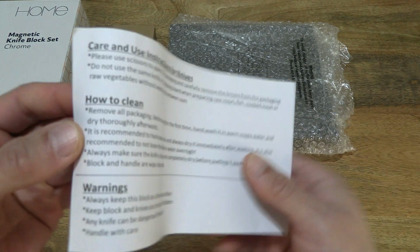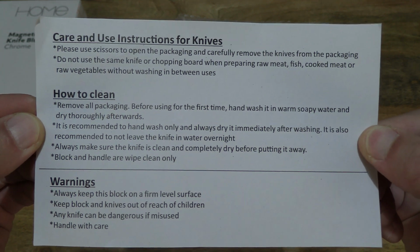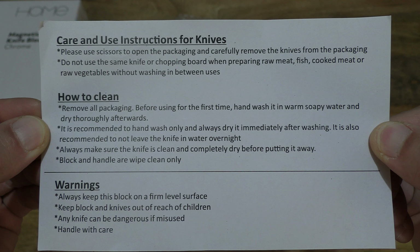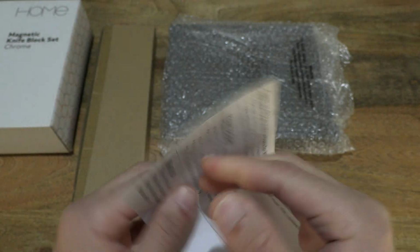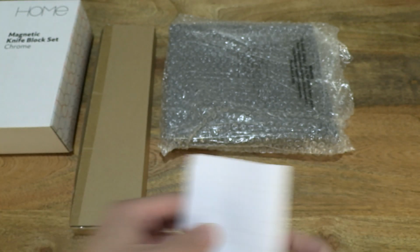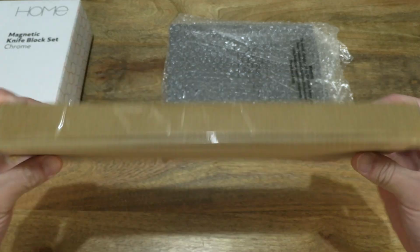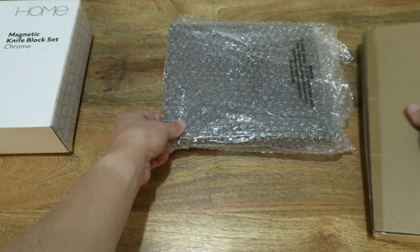I'm just taking a look at this slip here. So once again we see the care and use instructions for the knives, how to clean them, and warnings. Okay, and just setting that to the side and moving right along. There is a box here, which I believe are the knives, but before we open them,